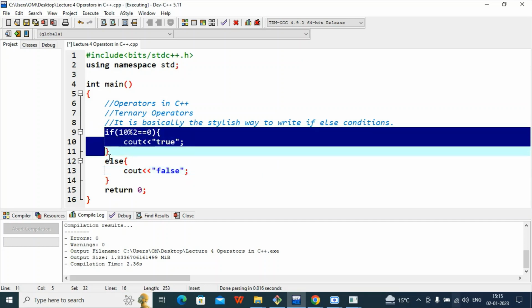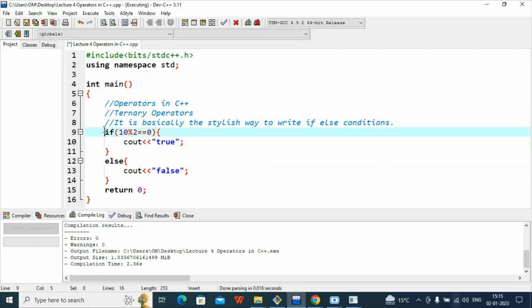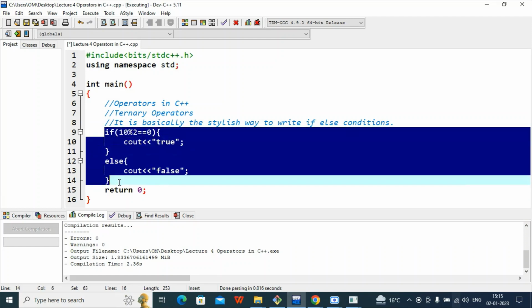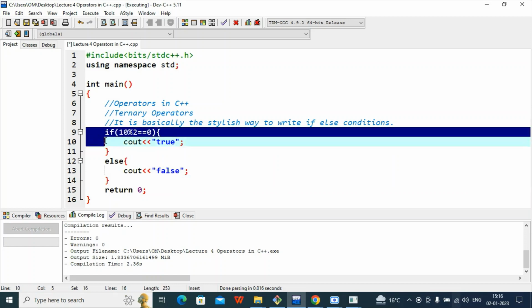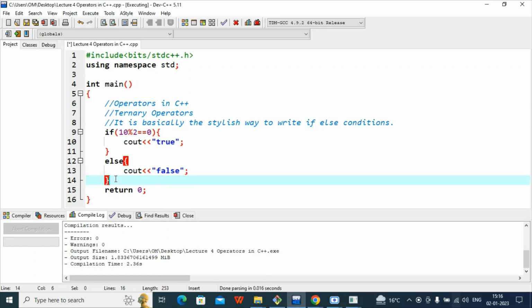Okay, this is the typical way of writing an if else. How to write this in a stylish format in one line? Can you imagine how many lines it consumes? Lines 9 to 11, then 12 to 14. This is a very basic if else, but still it is consuming six lines. Although this will not impact your compiler or execution process, in order to minimize and compact your code, fill it in a capsule,